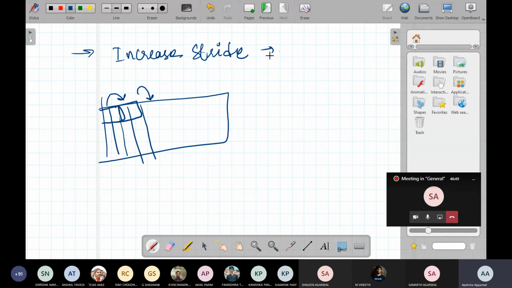But if we increase the stride, there is no guarantee. Suppose the car was present in this location, then that car will not be detected. So increasing the stride will make the algorithm run faster, but it will not be as good. It may not detect all the objects present in the image. So this is the disadvantage.